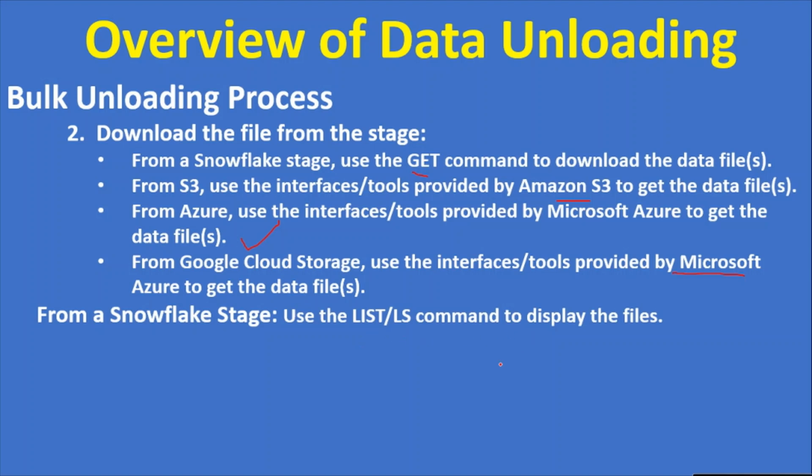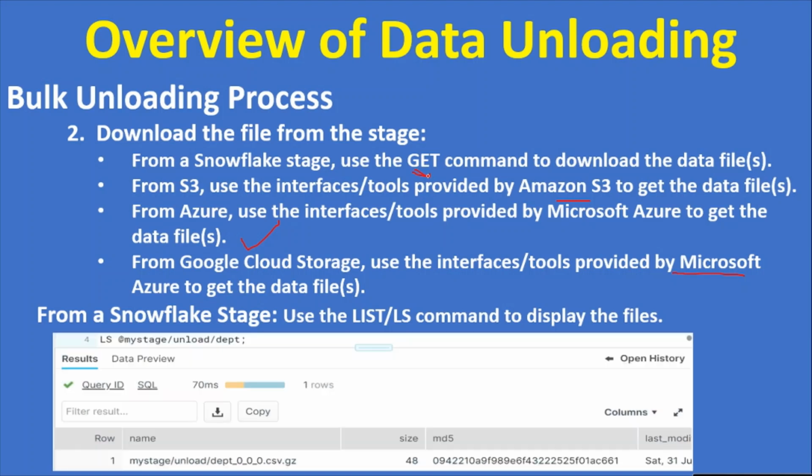Before downloading the files using the get command, I am just displaying the files. I'm showing how to display them using ls at the rate stage. If you see here, a file has been generated with the prefix dept and some suffix 0_0_0. I will discuss what it is. This is the md file, a unique name, the code has been generated.